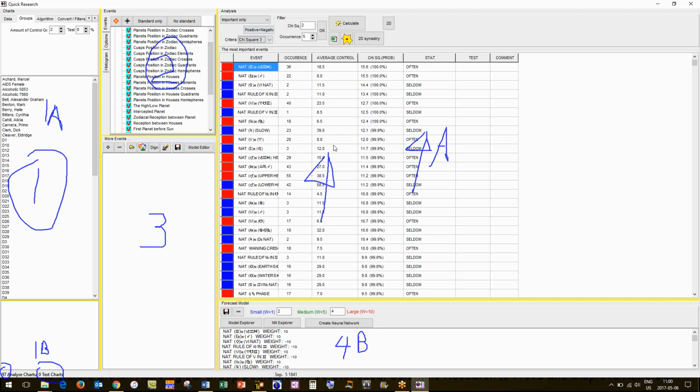So think of it, red is getting warmer, getting hotter. You're hot, right? You remember playing that game when you were kids, right? And so therefore, blue is seldom and something that does not occur often. Where here Venus in the 6th house only occurred twice with these diabetics versus the control group average, which was 11 occurrences. And so chi-square probability gets marked down as seldom. So it's cold, you're getting colder.